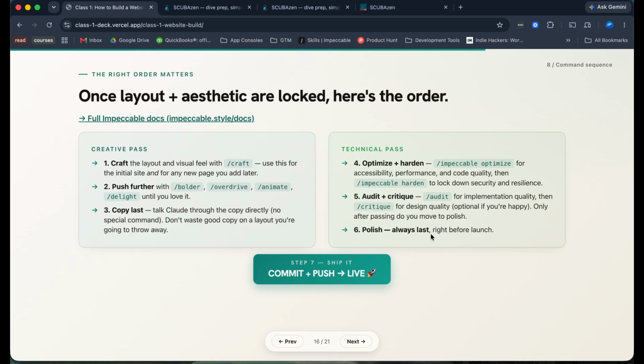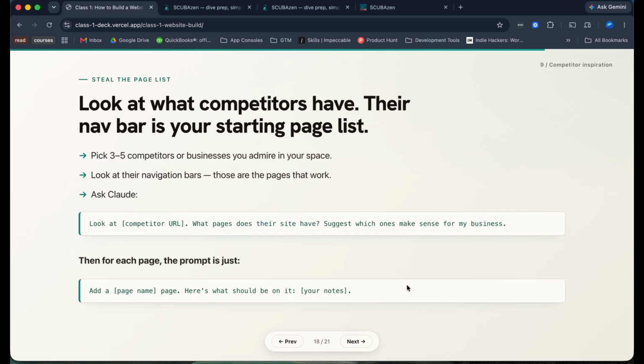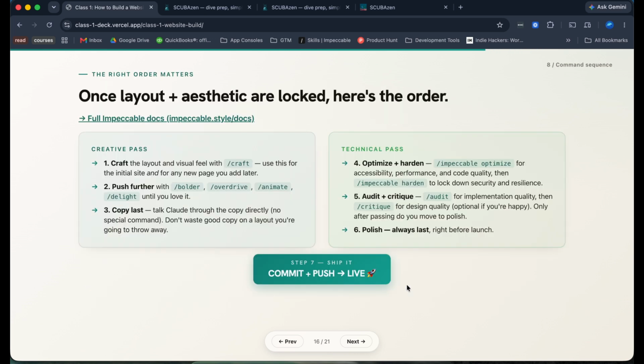You don't have to finish your whole website to run polish. You could just do it for the individual page, and when you run it, you know it's done. And then you commit and you push, and it's live. But again, it's on your Vercel artificial domain, so it's not live on your domain, but I'll touch on that in a second.